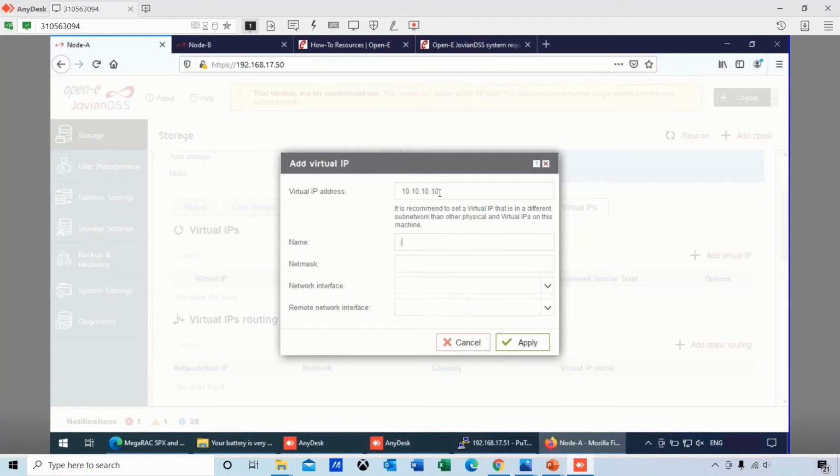So let's just do this right now. We're going to call this VIP-1. I'm going to give it a class C. And then we're going to select the interfaces. So this is where Rick at Neurothink, you're using the 100 gig E, correct? Yes, sir.